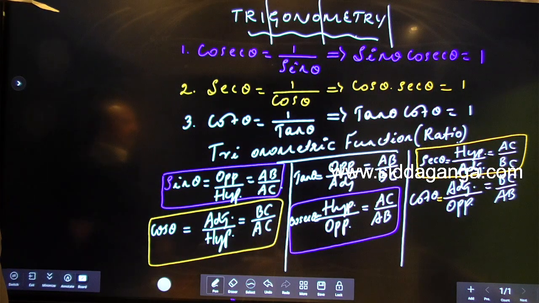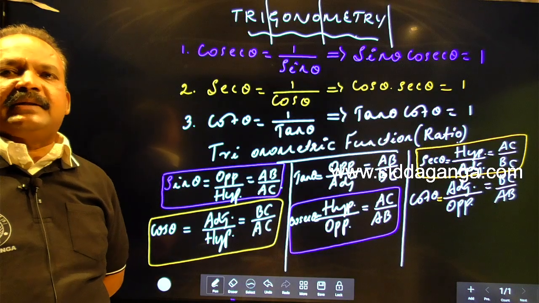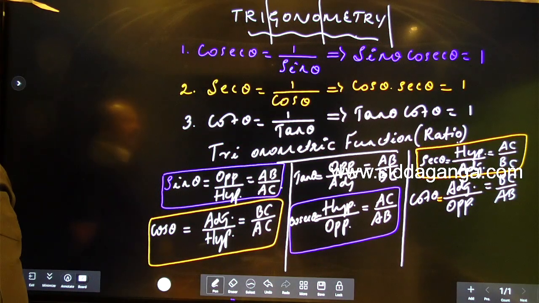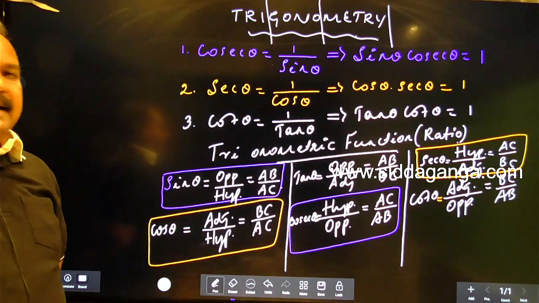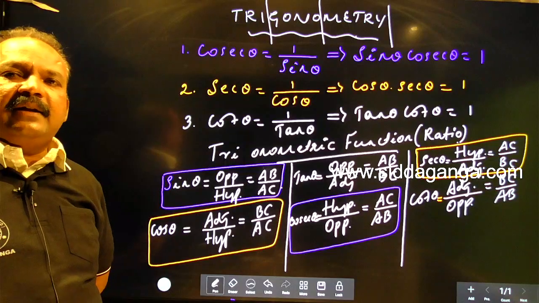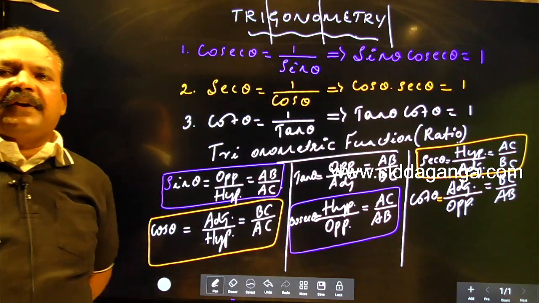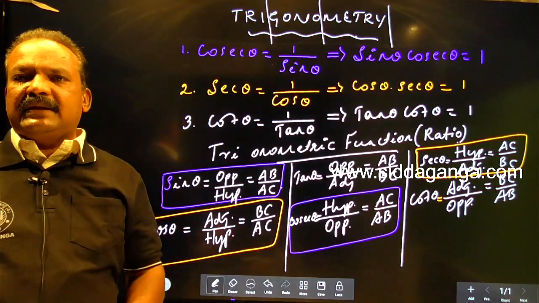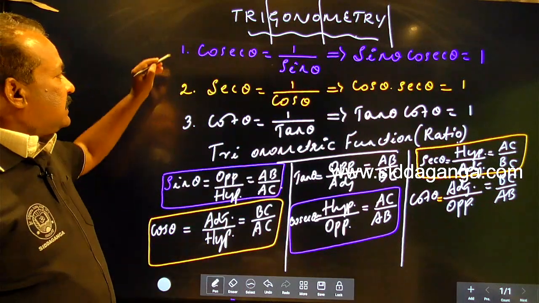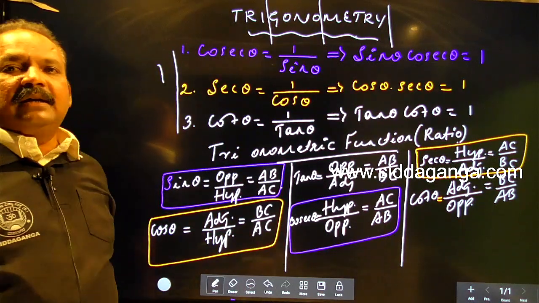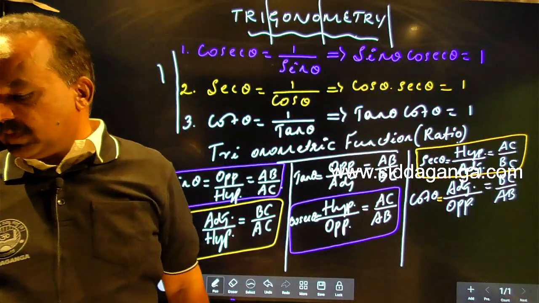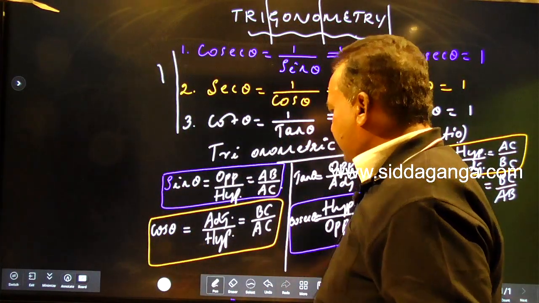So there are three pairs of reciprocal functions. One is sin theta and cosec theta. Second one is cos theta and secant theta. Third one is tan theta and cot theta. The product of any two reciprocal functions is always equal to 1. So these pairs are called reciprocal pairs. Okay. Now let us come to